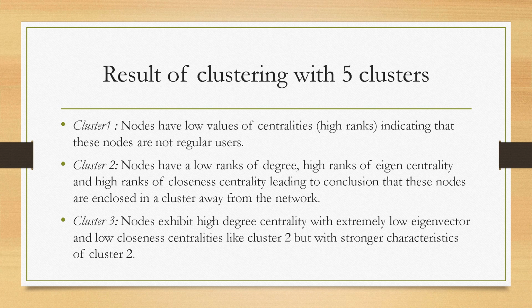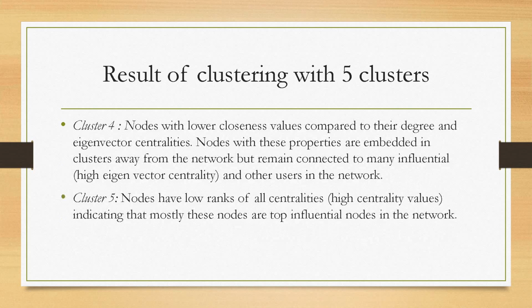In cluster 3, the nodes followed similar behavior but more strongly, as their ranks were nearly 2000 to 3000 among all the centralities except degree centrality. In cluster 4, these nodes had lower closeness values compared to their degree and eigenvector centrality. Nodes with these properties are embedded in clusters away from the network but remain connected to many influential and other